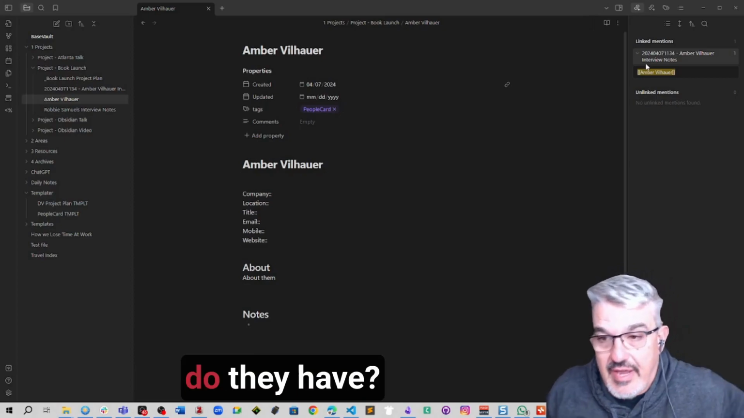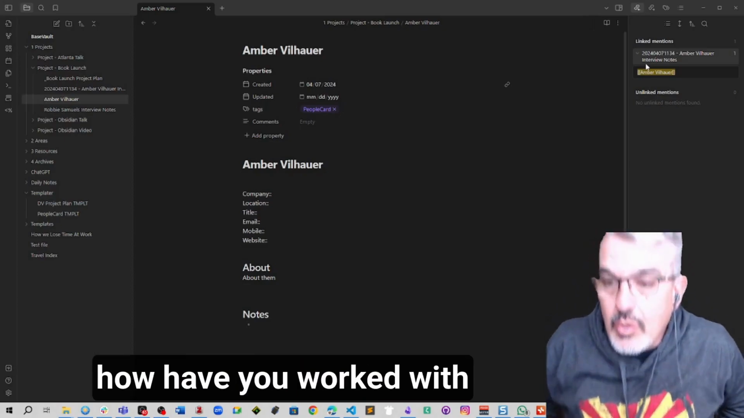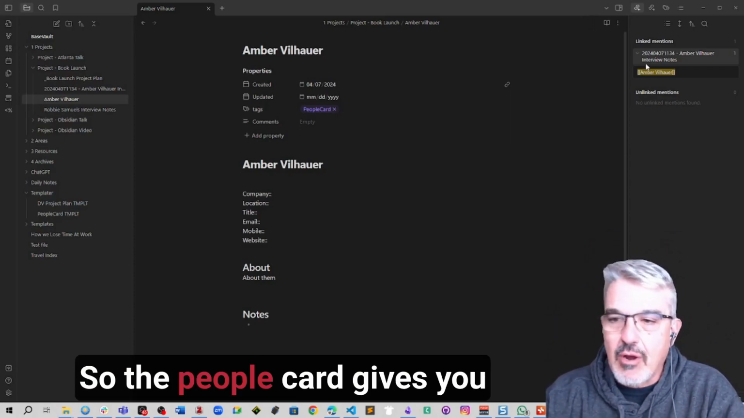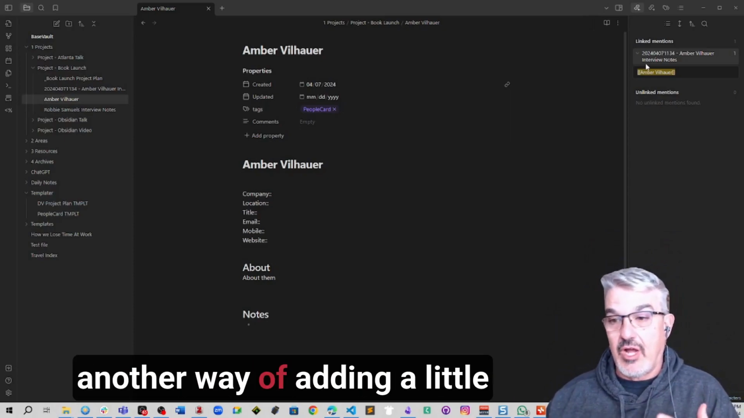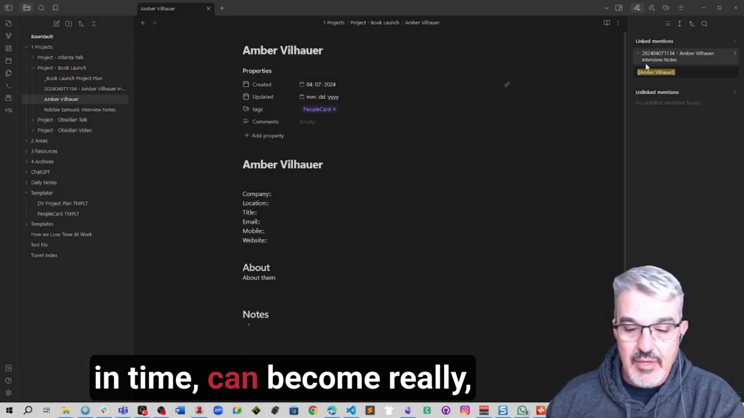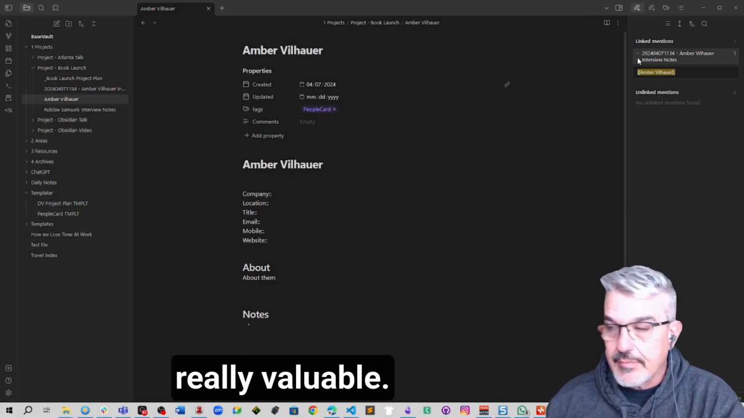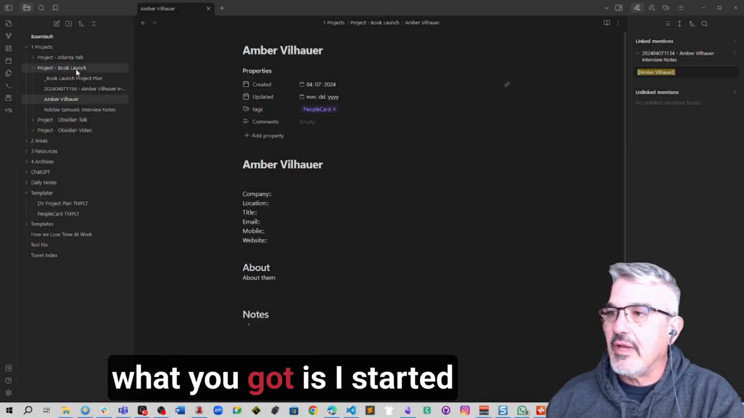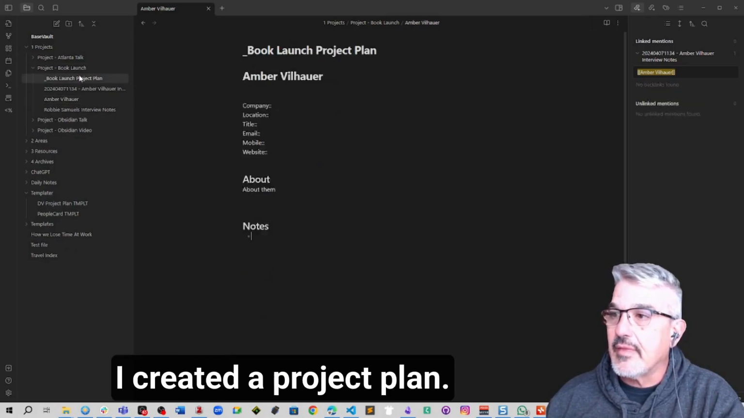What other projects do they have? How have you worked with them in the past? Like, what else are they connected to? So the people card gives you another way of adding a little more depth of information that in time can become really, really valuable. So summing this all up, what you got is I started a folder, I created a